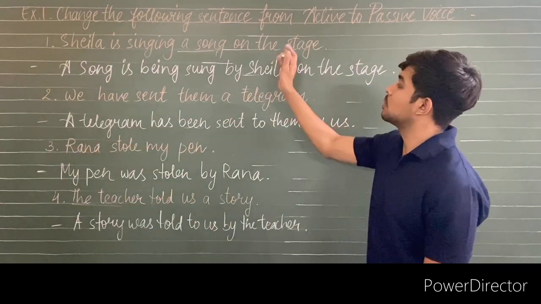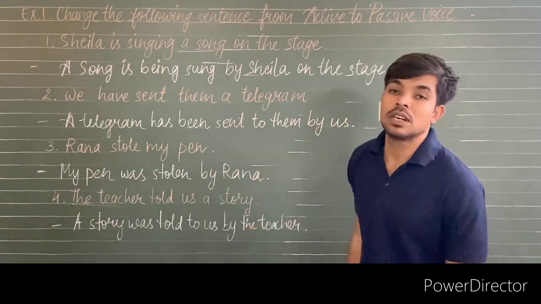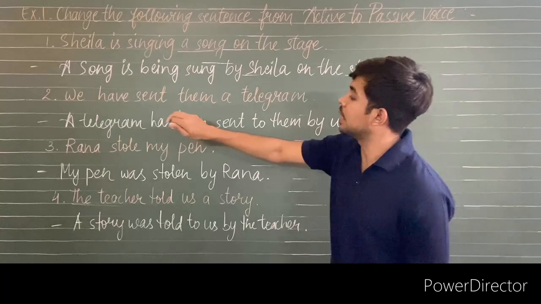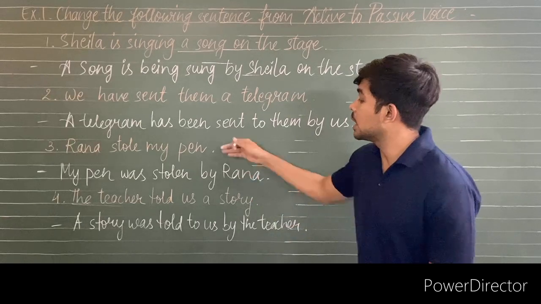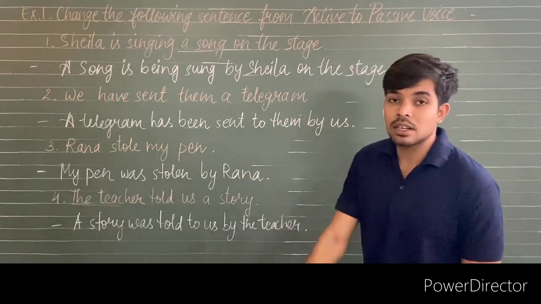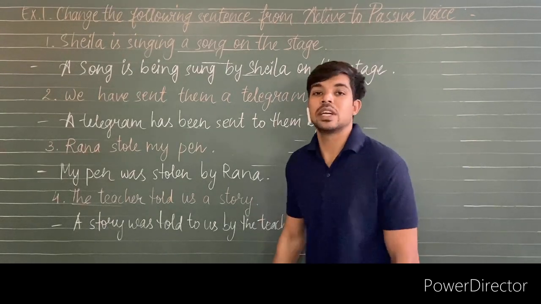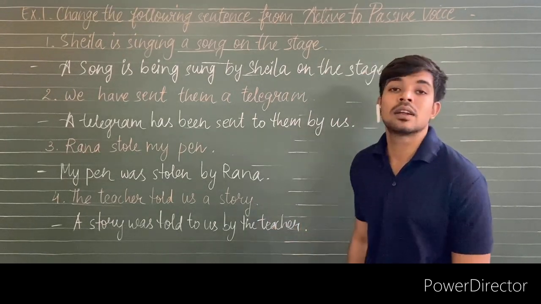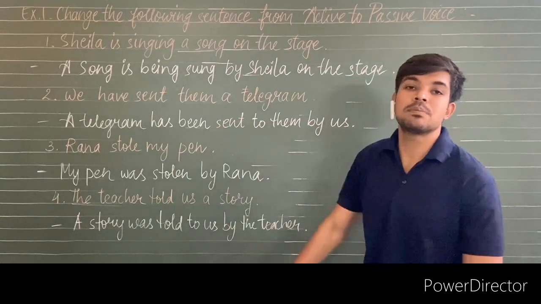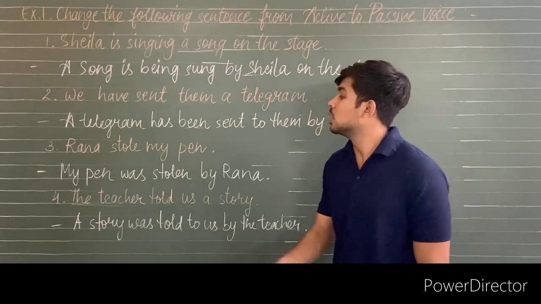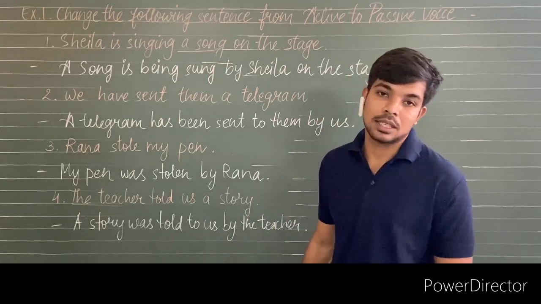and the object of the active voice becomes the subject, and the tenses of the verbs are changing according to the tense of the active voice. The verbs in passive voice will also change. First you have to identify the tense of the sentence, then try to convert it into the passive voice. That will be the easiest way to do it, because you are already familiar with the rules of the tenses. So if you identify the type of a sentence according to tense, it will be easier for you to convert it into the passive voice. Thank you.